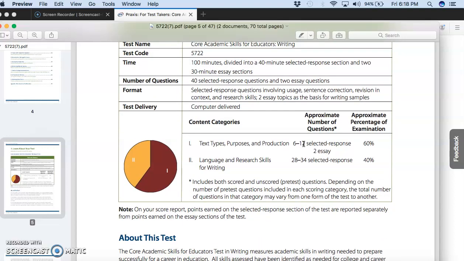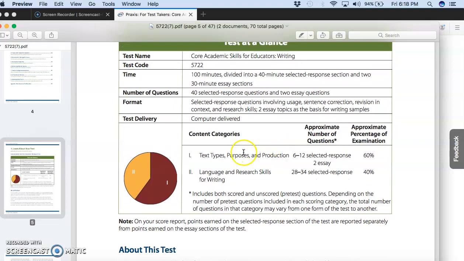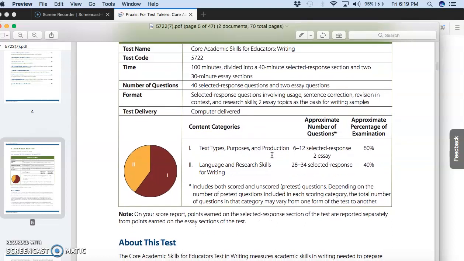For the content categories, how it breaks down is that you have text types, purposes, and production, which will be about 6 to 12 selected responses and the two essays, making up 60% of your score. And then language and research skills for writing will be 28 to 34 selected response, which will be 40% of your score. So as you can see, when it comes to the essays and the selected responses on text types, purposes, and production, we're definitely going to want to put some emphasis into those essays. You'll see that there is a breakdown, and if you add the lowest number of the text types